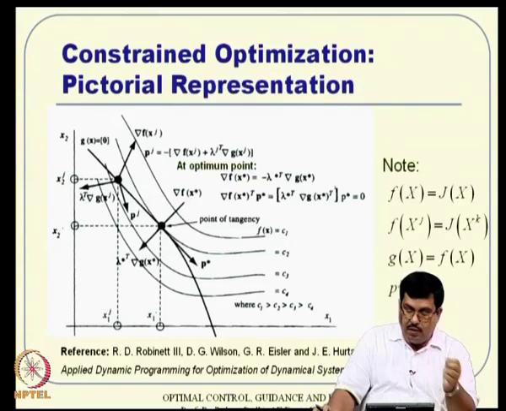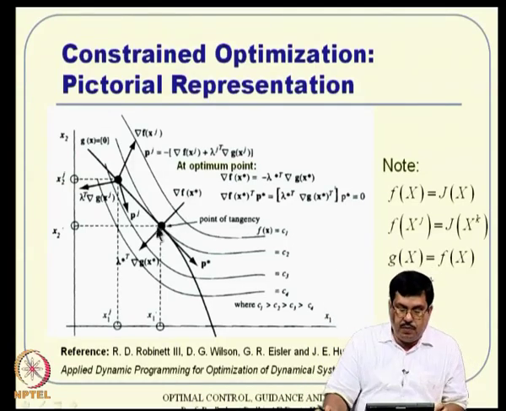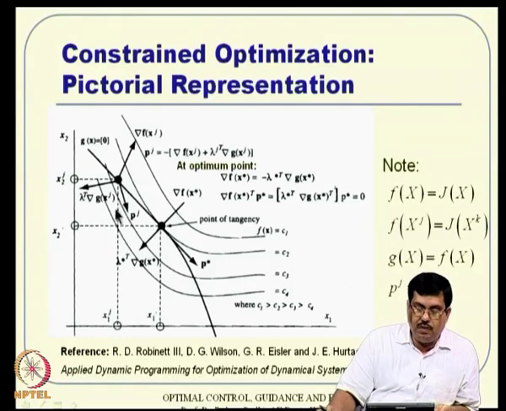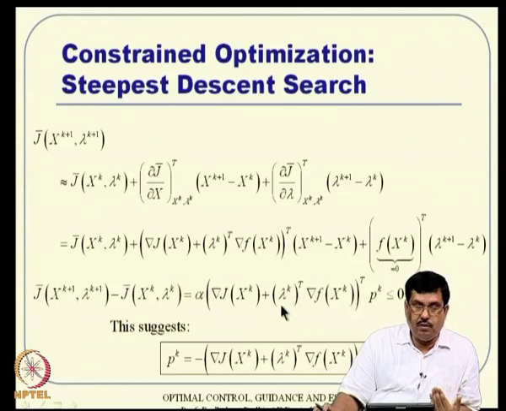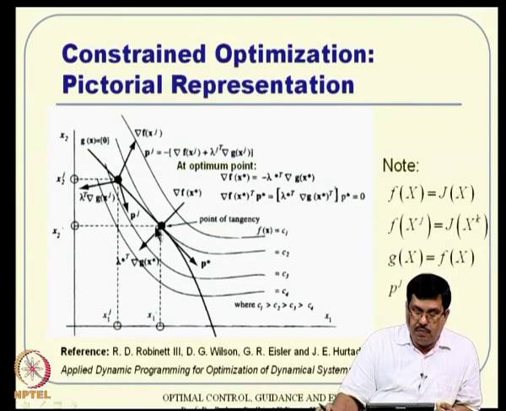So, if you do that, it turns out that at the optimum point these two vectors are aligned, or otherwise you have a conjugate direction sort of thing. This is the idea of something called conjugate direction. You typically have a conjugate direction, but at the optimum point these two vectors will get aligned, and you have a kind of opposite direction.